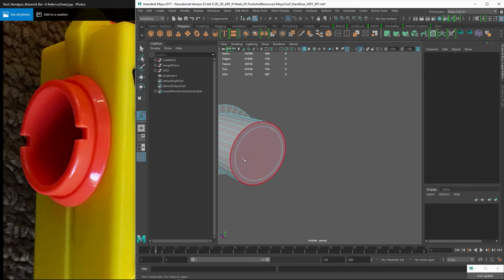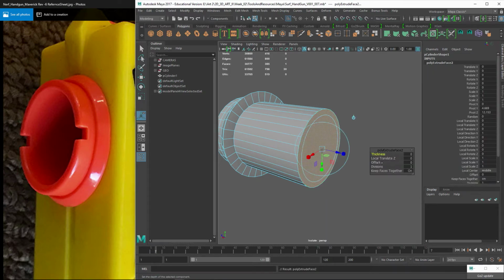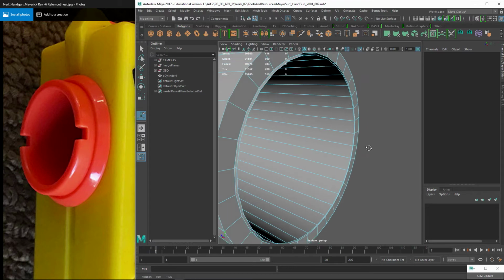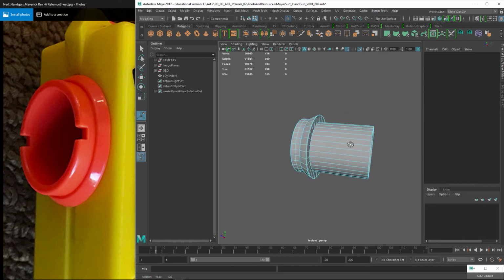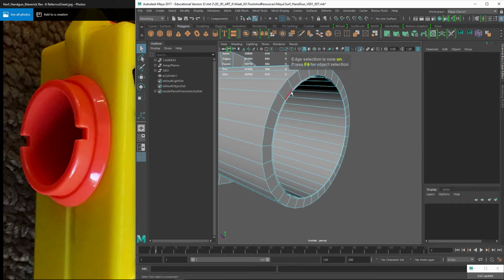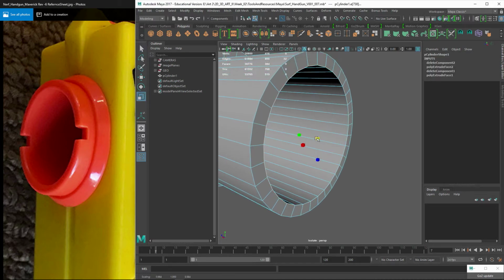We don't need it. And then we've got this other face here, and we can say shift right click extrude face and take the thickness of it and try to get it close to matching to the other one. And now we can delete this face out of here like that. So we're trying to build something that feels more solid for this kind of shape like this. And let's just take all of our edges and just scale this down a little bit more. Okay, and then I'm trying to just get it as close